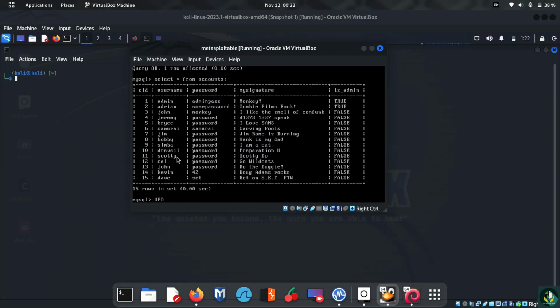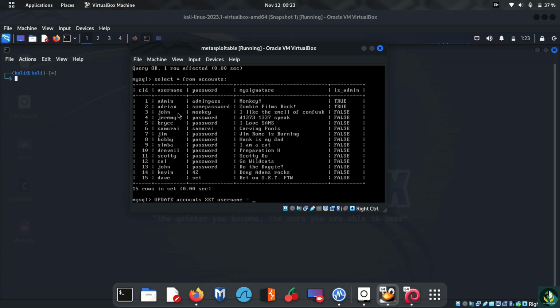And for this we are going to use update, okay, and it is better to type the keywords or words that belong to MySQL, like select, from, in capital. It's better to be in capital. Okay, and then name of the table, it is accounts. Okay, and after this you need to use the set keyword and then name of the column, okay, and then equal it to something. For example, the username